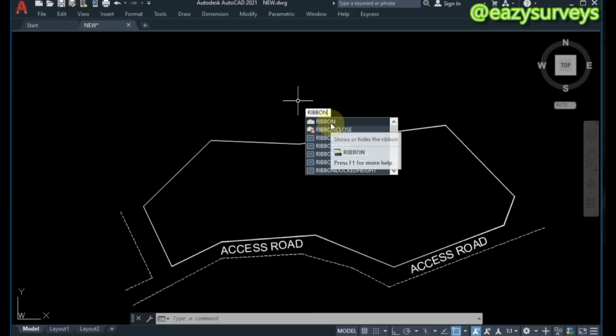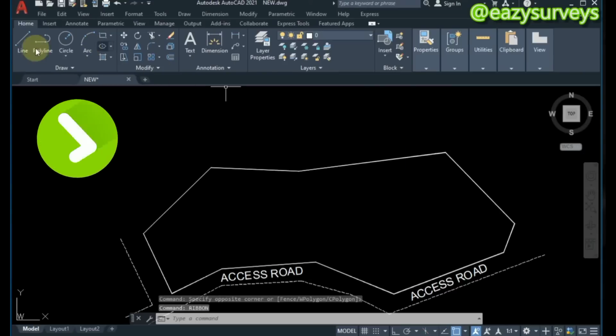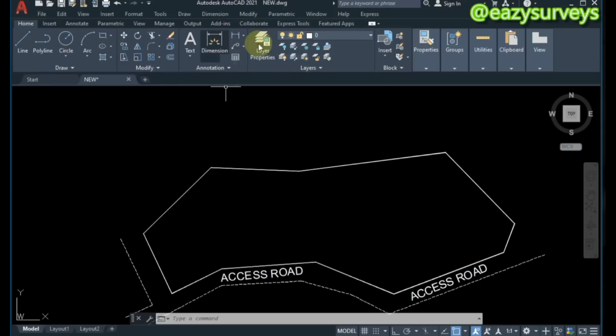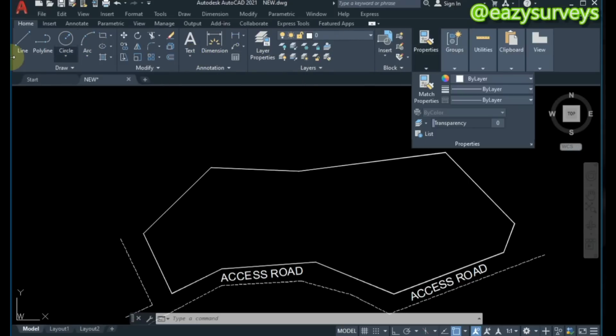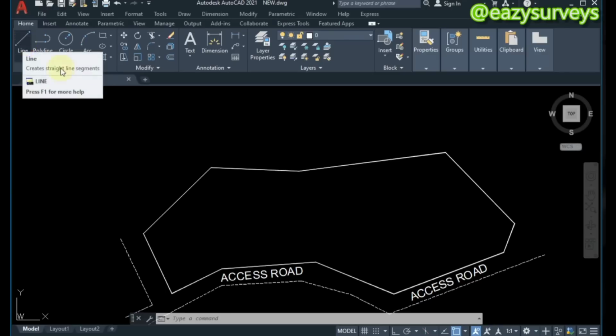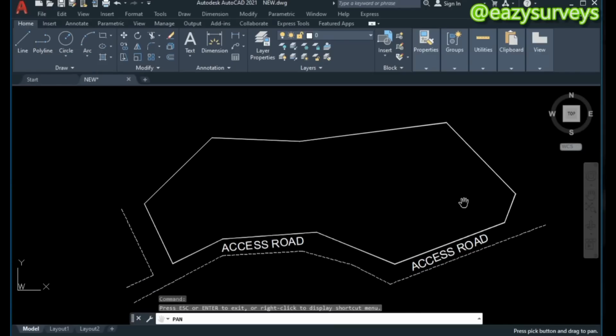So you click on the first option, ribbon. Therefore you are going to see all your toolbars restored. Okay, this is your ribbon, it is restored,